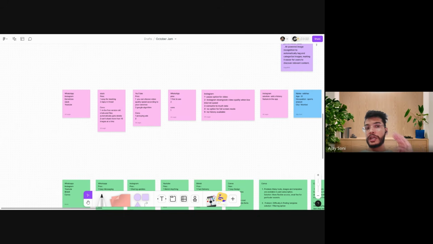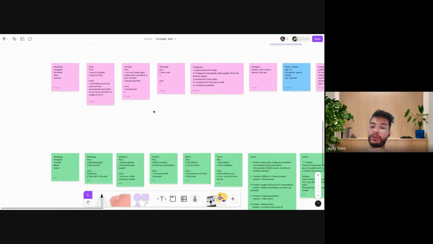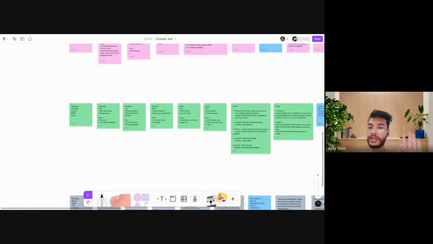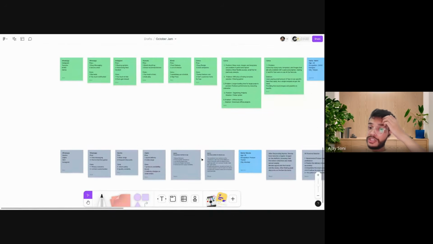So let's assume that we have not done this activity as of now, right? I have not asked you to do this activity, this process of this activity. So will you be able to find out the problem from the users? Will you be able to capture the data that you have collected as of now? Might be yes and might be no, right?